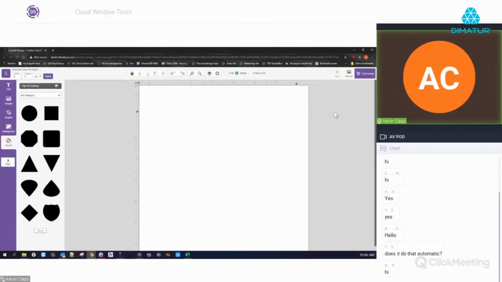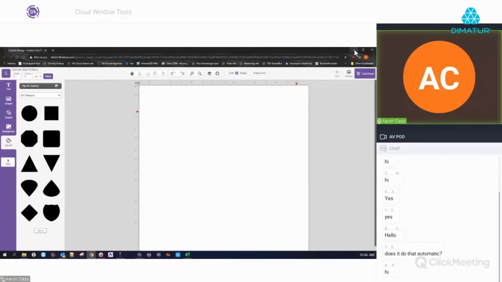Once they're done and they continue, that sends you the file inside of your cloud account. You'll actually see it in your cloud account. You'll get an email notification saying that it's arrived, and you can download the file in full vector format. So this is just a really great way for customers to interact with you or create something on their own